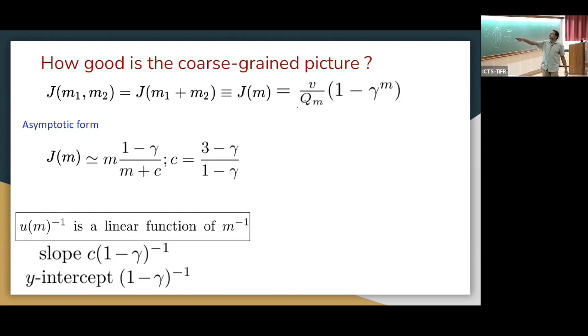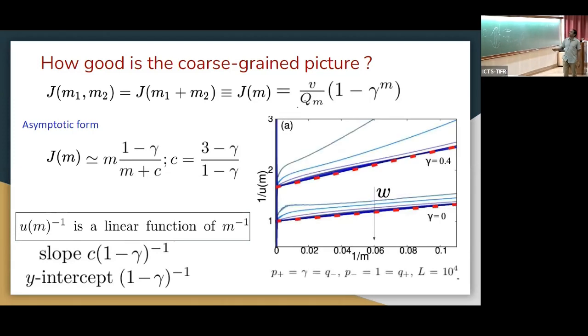So this equation actually is this, with a slope this and intercept this. If I calculate this from numerical simulation, I should expect a straight line with a y-intercept 1 minus gamma, like 0.6, 1.6 here, and here, and this is the slope. So for very large omega, they are matching. But this is a large omega, this is small omega. For small omega, there's still a straight line, and the intercept is the same, but the slopes are a little different.